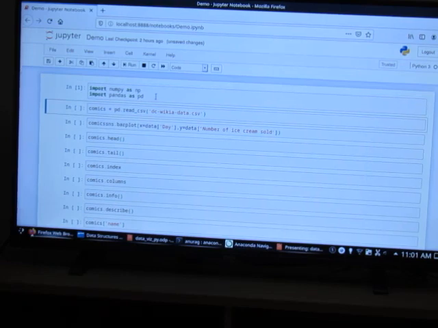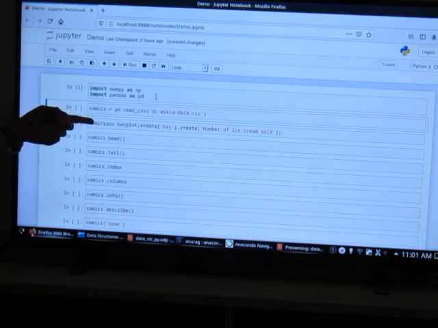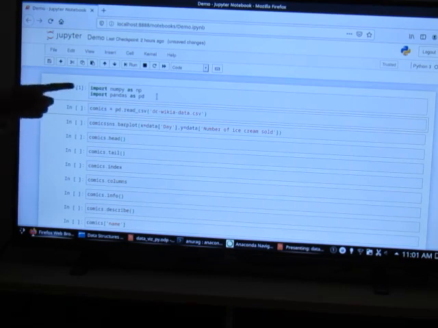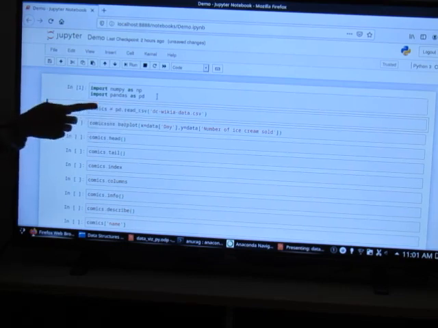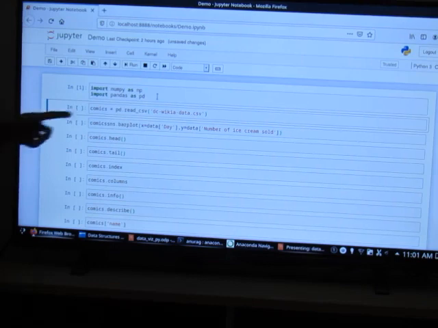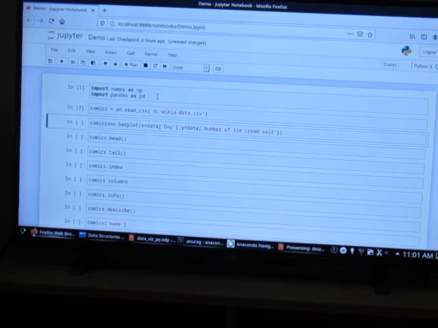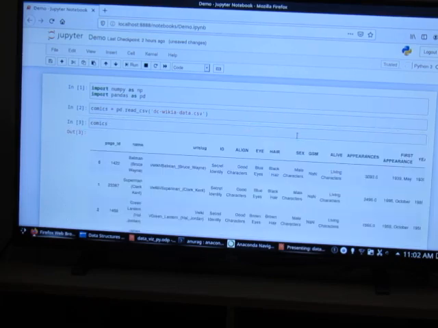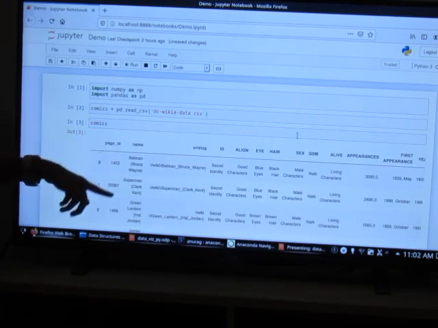And then this example is shown using a dataset, DC Wikia data, which contains superhero information from the DC universe. So it's a CSV file, so we are using the corresponding read_csv function to read it, and we are storing it in a data frame object which we are calling comics. So this is the complete data.